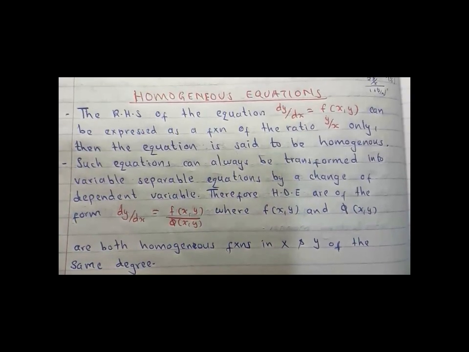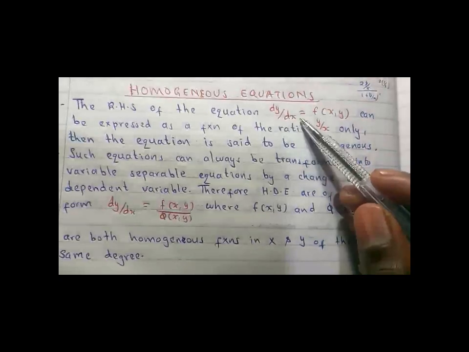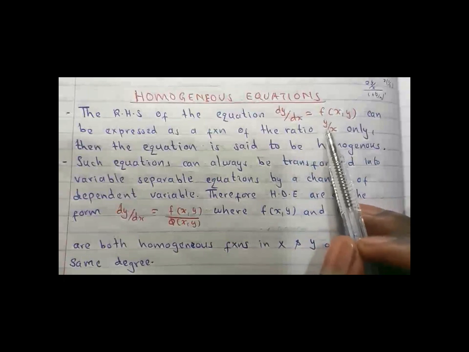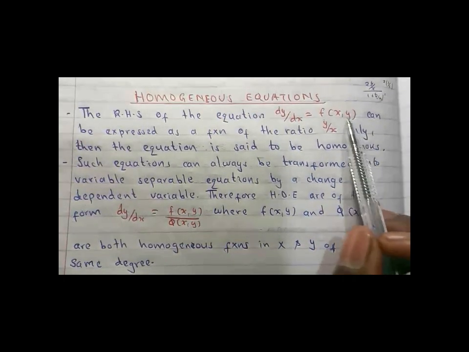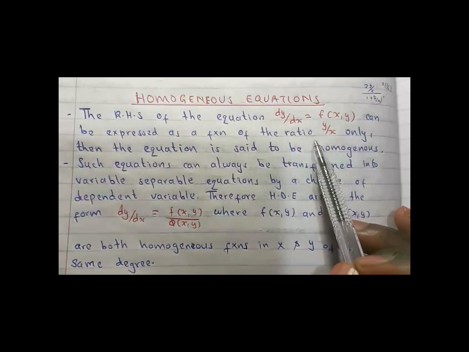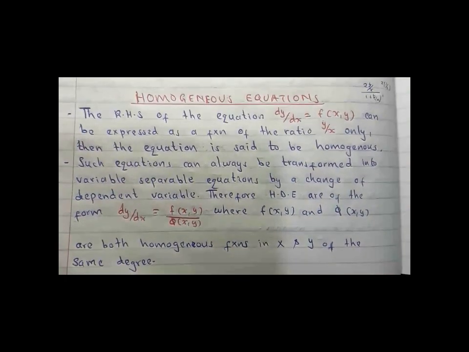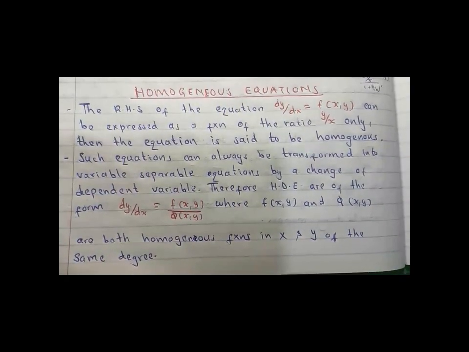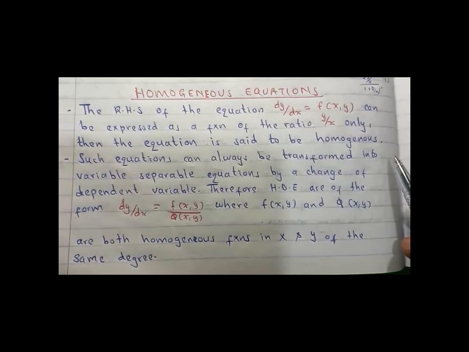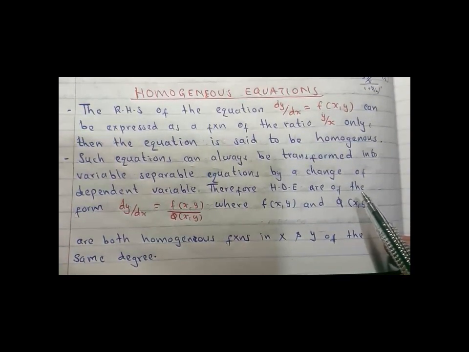So, when the right hand side of the equation, let's say dy/dx = f(x, y), can be expressed as a function of the ratio y over x only, then the equation is said to be homogeneous. Such equations can always be transformed into variable separable equations by the change of dependent variables. We'll be able to see that later in the video. Therefore,